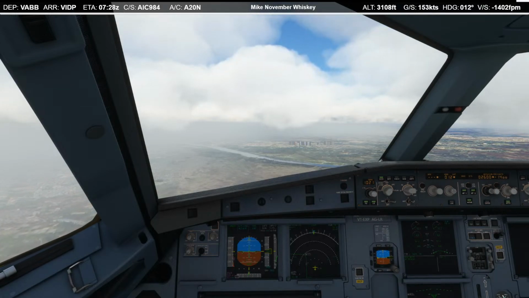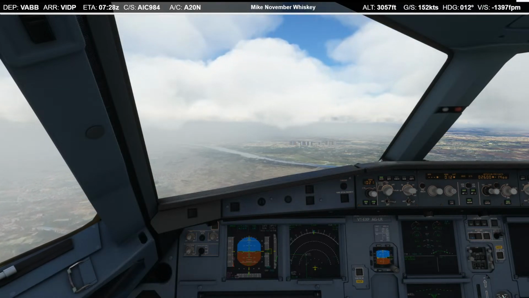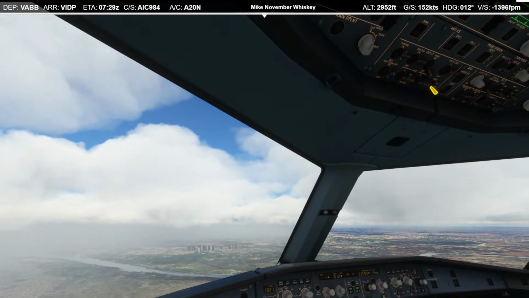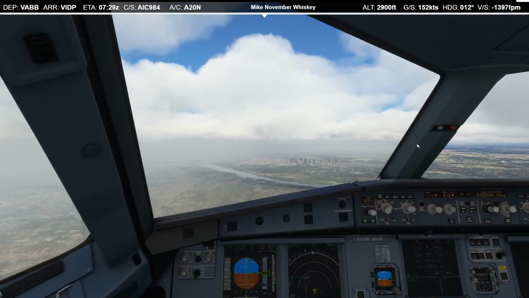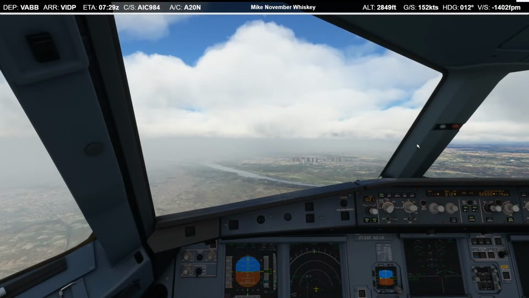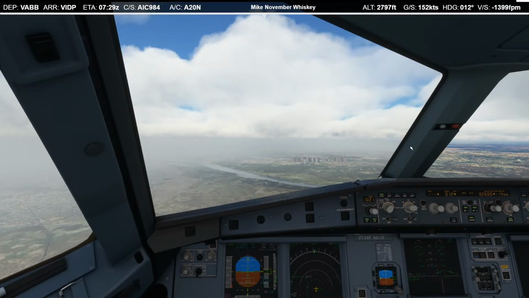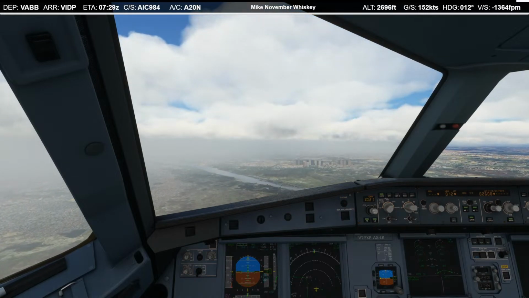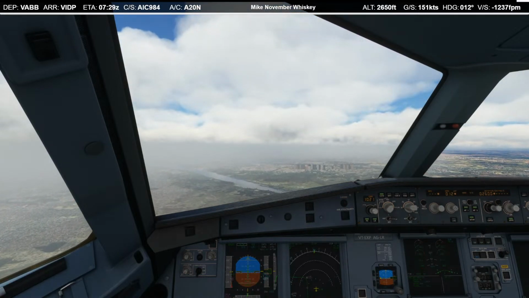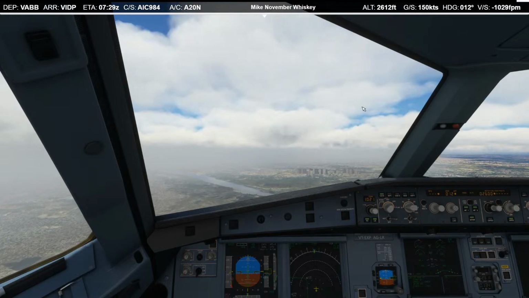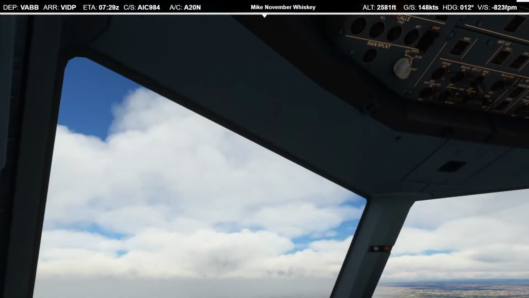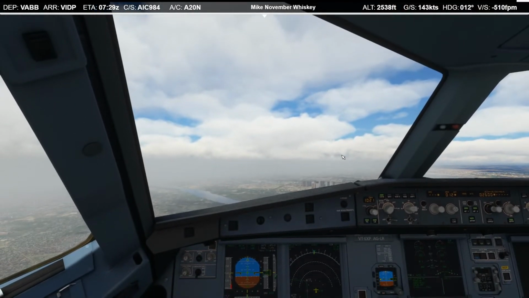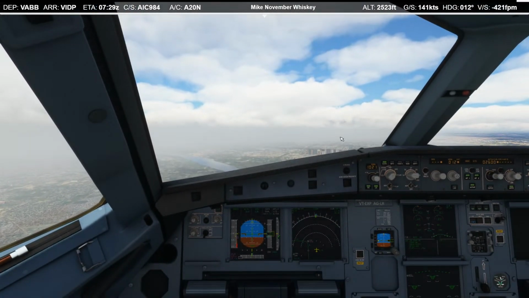2500. Radio altimeter is alive. Ground spoilers are armed. Flight attendants, please prepare for landing.